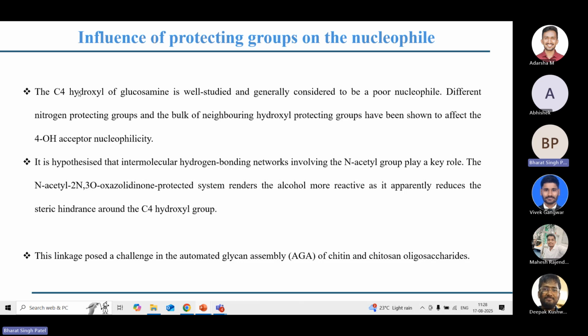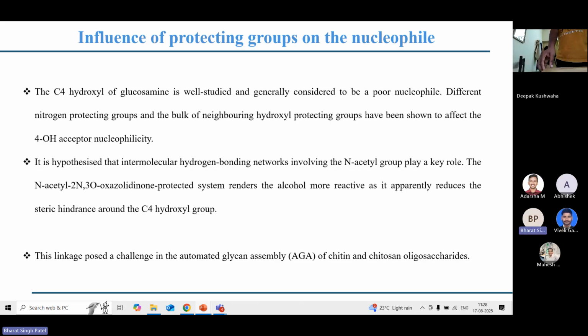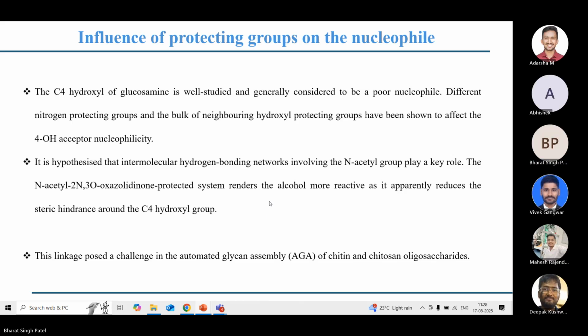As we know, the C4 hydroxy group of the glucosamine is the least reactive, and that can be seen in many glucosamine cases, where people took the challenge and used the auxiliary ring, where the C2 amine and C3 hydroxy group undergo protection, which leads to a more reactive C4 hydroxy group because of reduced steric hindrance. For that, people have taken the chitin oligosaccharide,